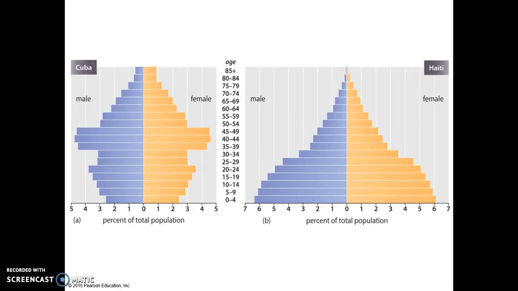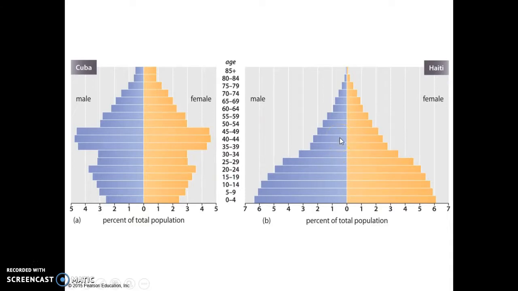Here we see very, very big differences between the population pyramid for Cuba and the one for Haiti. Cuba has this very mature population structure, and we can see there's kind of a baby boom, similar to what we had in the US in this period, and then a very strong population drop. So Cuba is another country where population will probably start decreasing in the near future, whereas Haiti, which has a